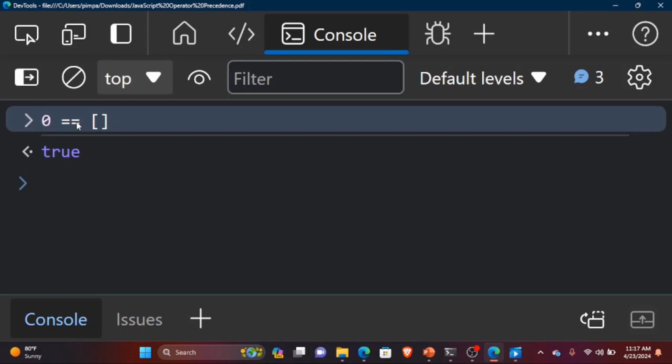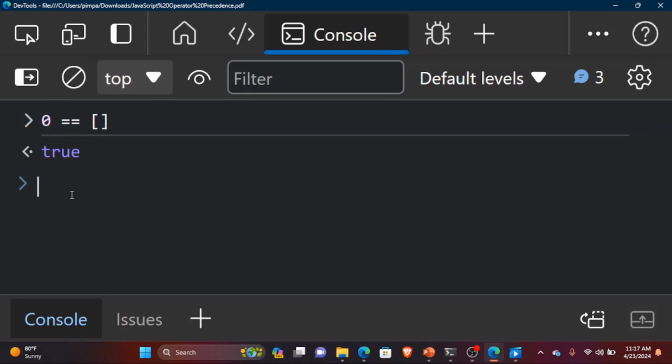Inside this equality operator, remember this is a special function, so there is some code written in this special function. When you give it two different data types, it would implicitly convert those data types into the same data type. So it says you're giving me 0, which is a number data type, and you're giving me an object. An object is not a primitive data type,